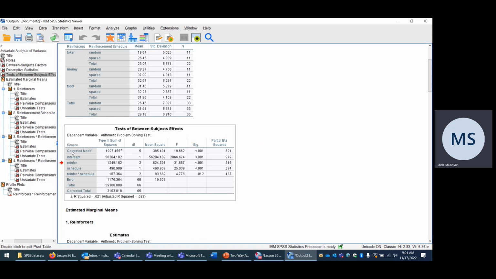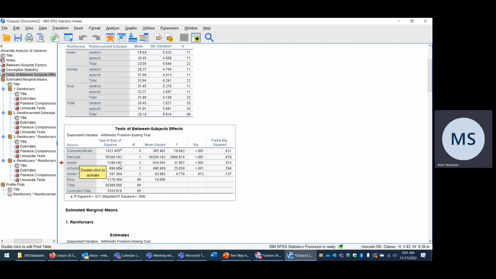So we can see we've got the overall model and the intercept, which we're not going to look at, but we've got first the reinforcer. So this is going to tell us about the main effect for reinforcer. So we have an F of 31.857. We've got our degrees of freedom here, and then we can tell that there is a significant main effect